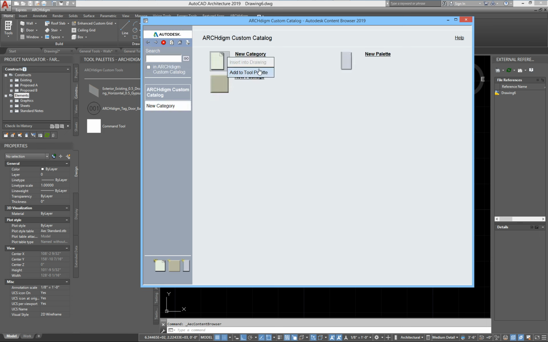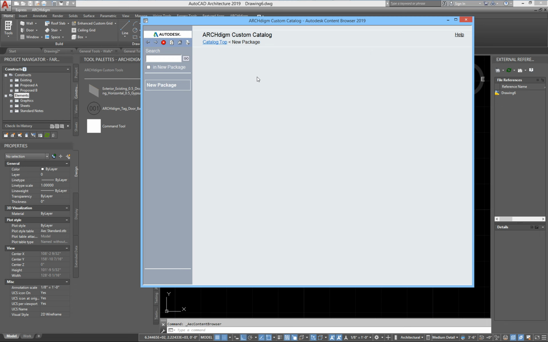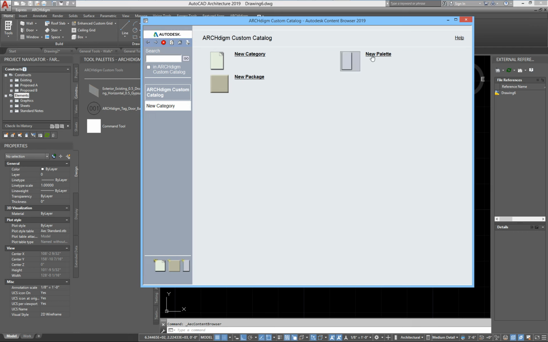So it's just a way of grouping it inside the content library here, or the library catalog. A package is really just a collection of tools. Notice there's nothing down here. So if you want to make a little place where you go and pull tools out, you get it that way. And finally, which is what we do for most of our products, we've decided over the years